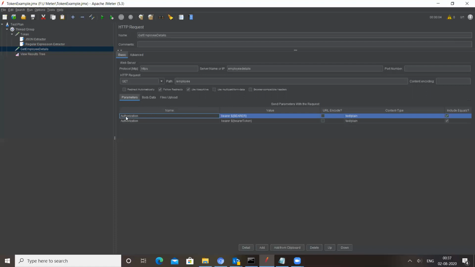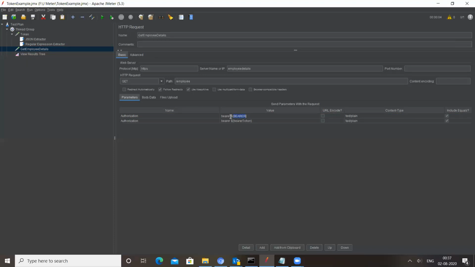So I have added authorization here, and you have to append bearer to the token. So you can see here, this is the bearer. I mean, I have to append it before the token. So bearer, space, and token, this is the format, and this is a variable name where I have assigned the token information.